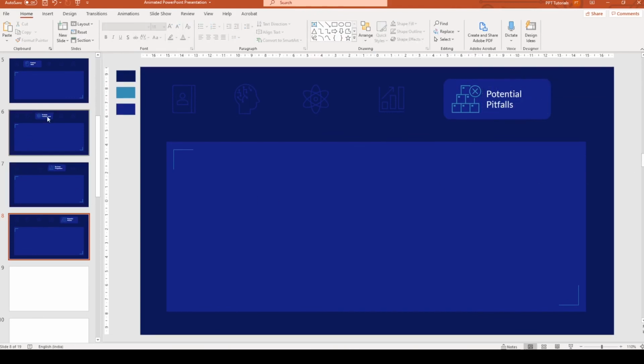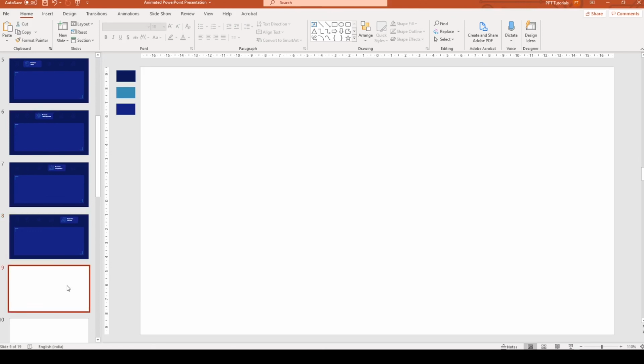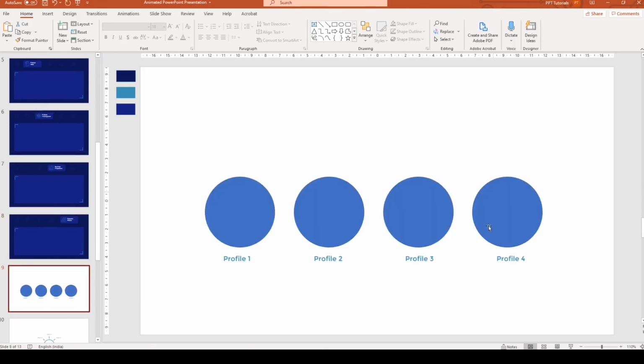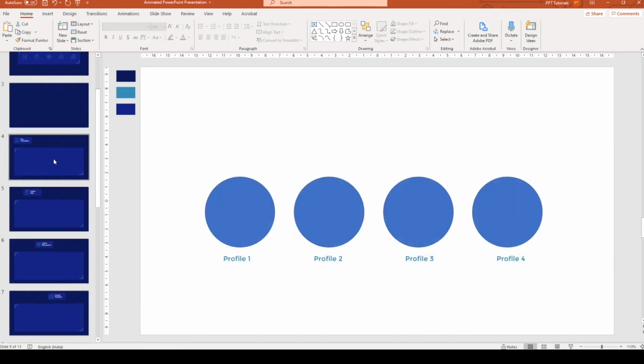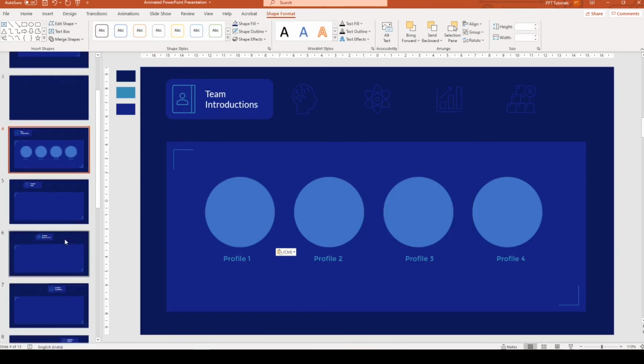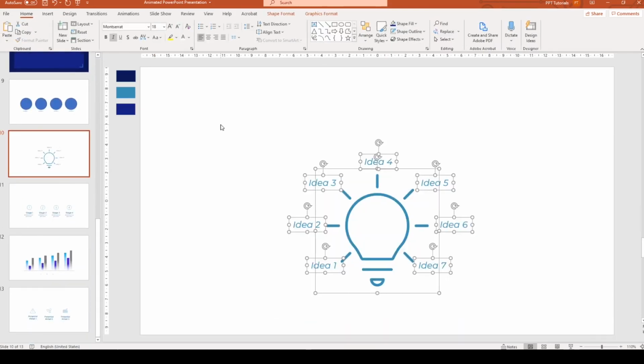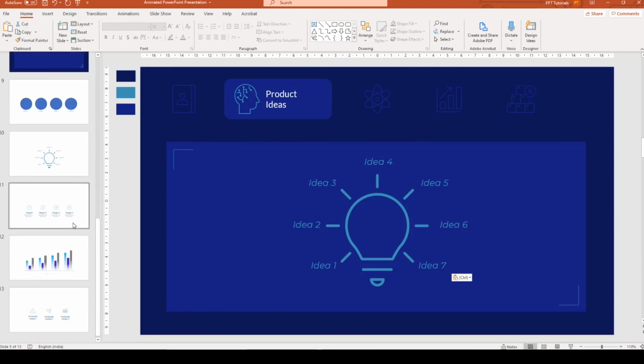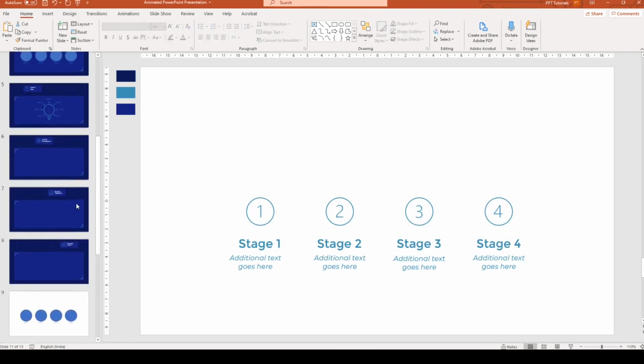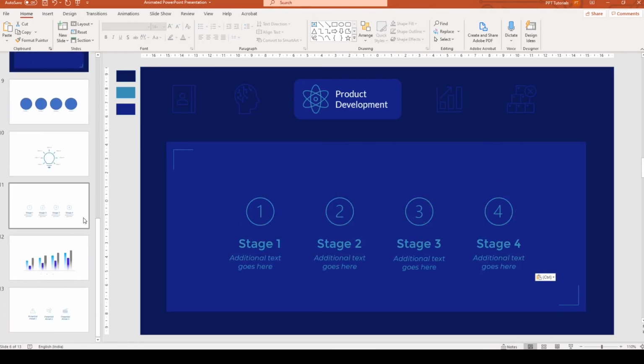So that's all done. What I additionally did was create some dummy content for each of these slides, just some basic icons and a bar chart, which I'm now going to quickly paste onto my slides. Now let me know in the comments if you would like to see a tutorial on how any of this particular slide content was created. But just to keep this tutorial short, I have already created this content.